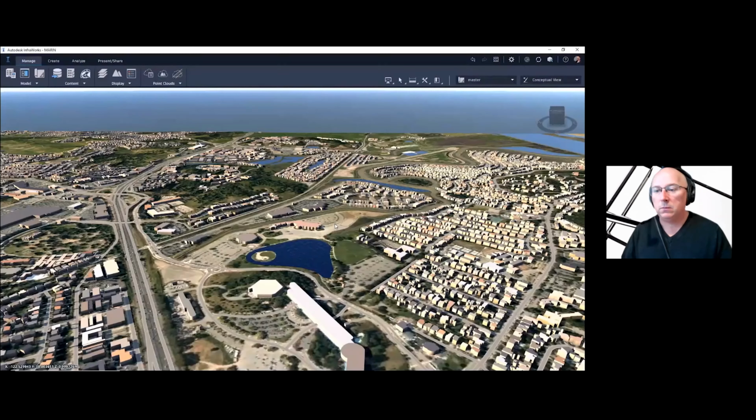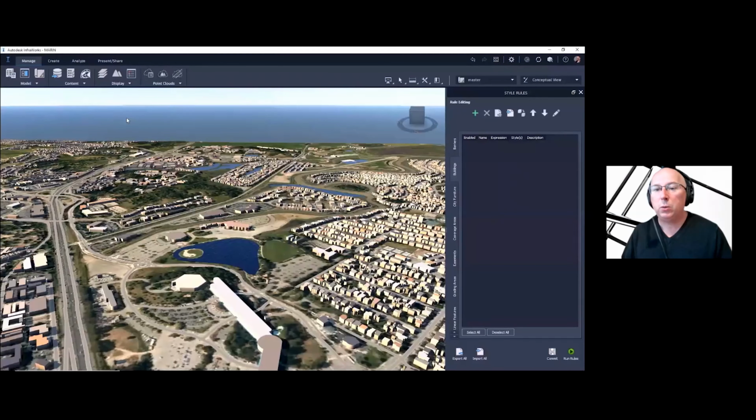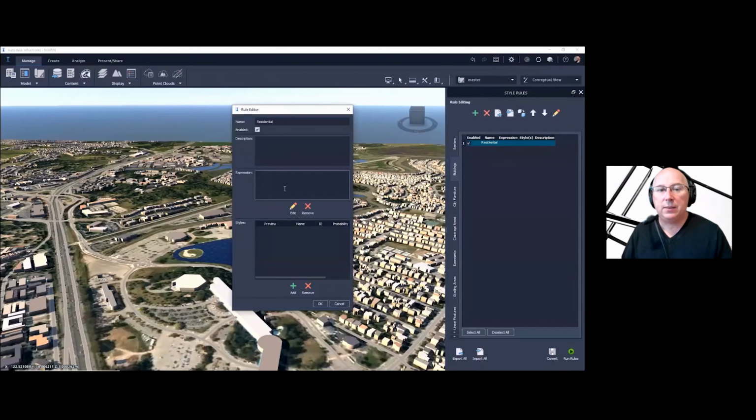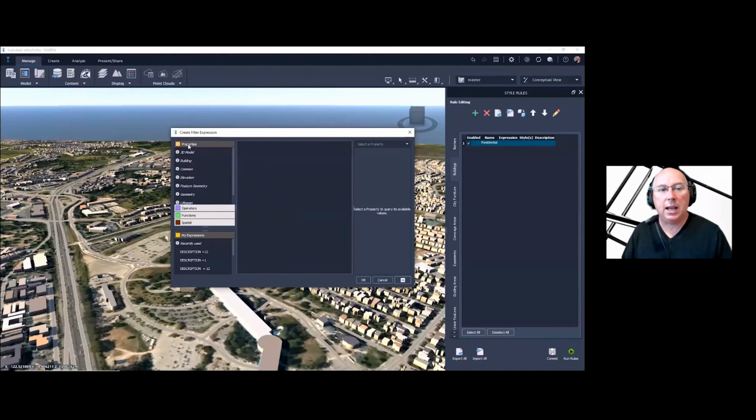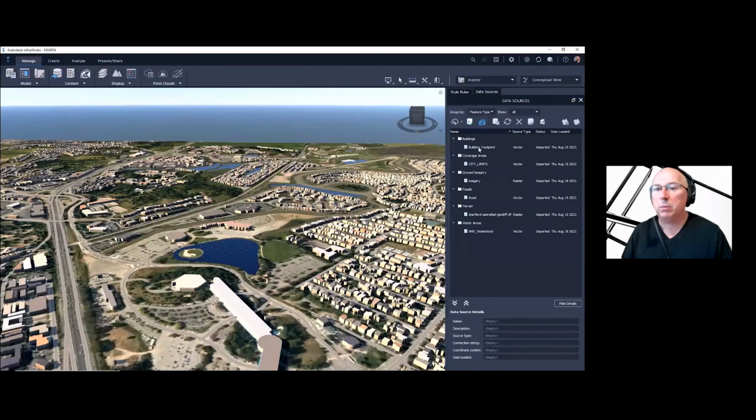So let's try that. Now let's try to use styles to change the style of each of the buildings. So if you go into the style rules, we need to make sure we're in the style rule area. So let's just call this residential, big R. We'll put in residential, and in there, we'll do a rule that says if the building type is residential, but wait a minute, how do we get the building type? We don't have it. So let's go back into the data content. So we'll go into the content, we'll go into the data sources and look at the building footprint.